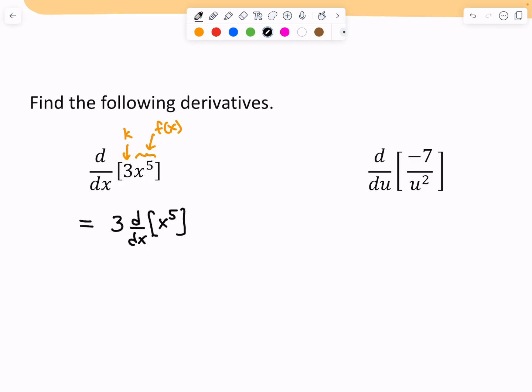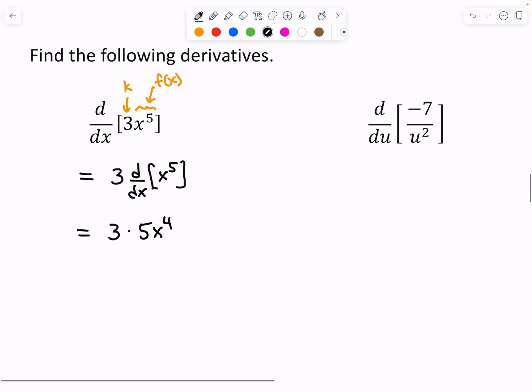Well, x to the fifth is a power function. Its derivative is 5x to the 4, and because I've done a derivative now, the d dx can disappear. And then I can simplify this. 3 times 5 we can calculate is 15, and then times x to the 4. So basically, if you're differentiating a number 3 times a power function, this 5 will multiply to this 3, making this 15, and then the new power will be 1 less than it used to be,